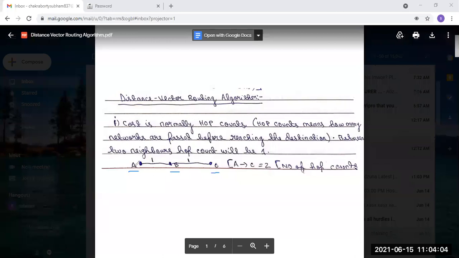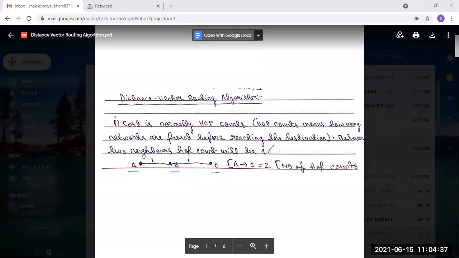If we want to go from network A to network C, how many hop counts will be present? 2. Because between two neighbors, the hop count will be 1. A's neighbor network is B, and B's neighbor network is C. So between these, 1 plus 1, that means 2.